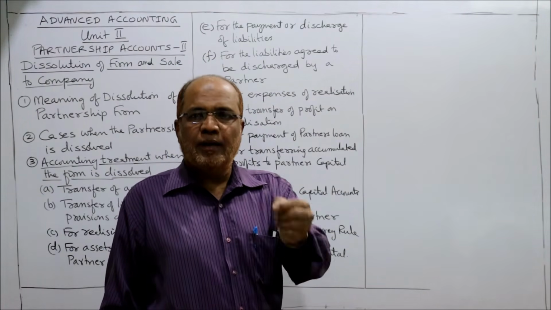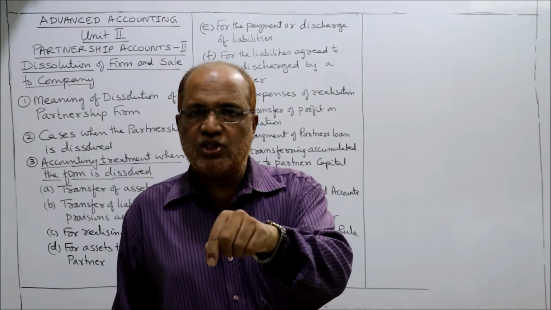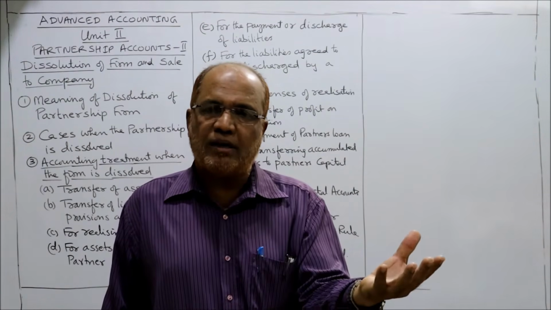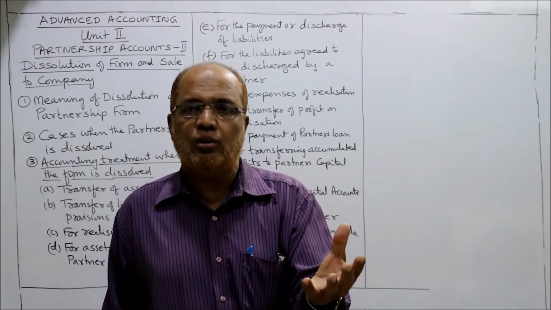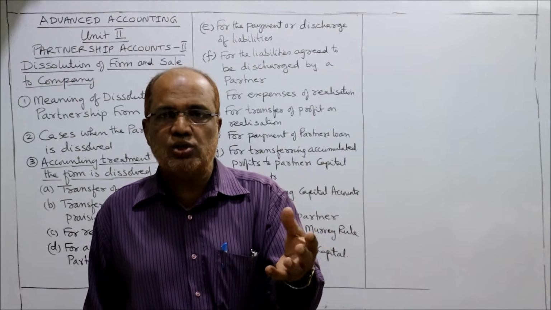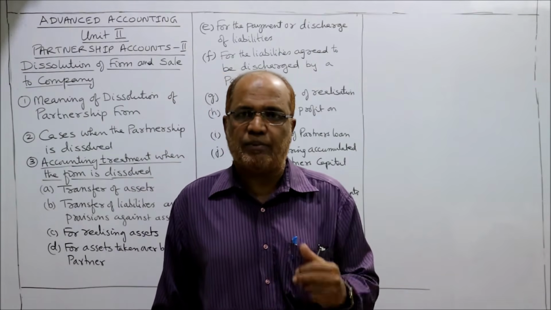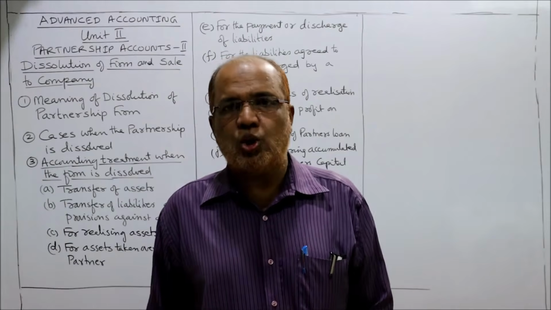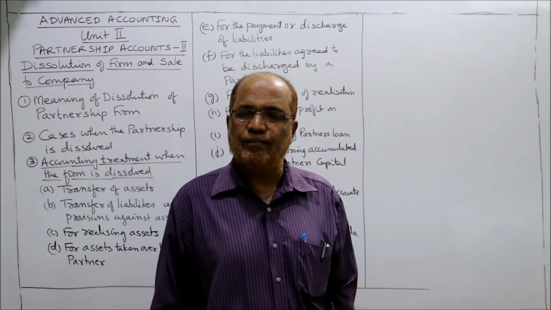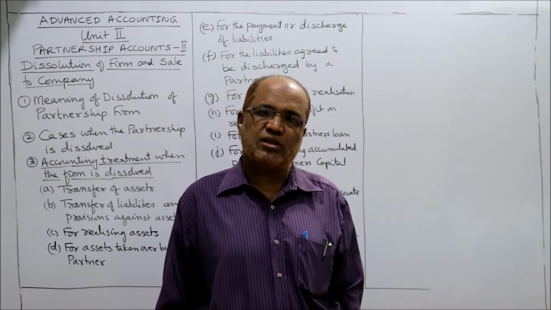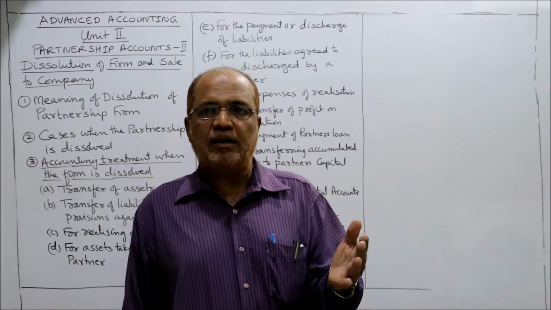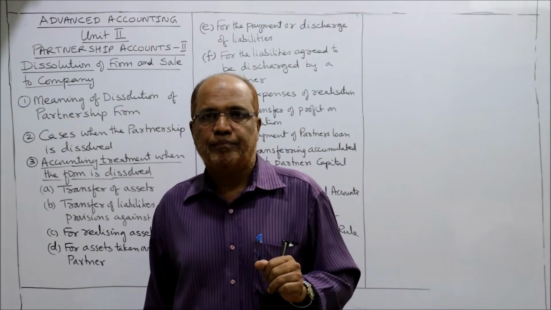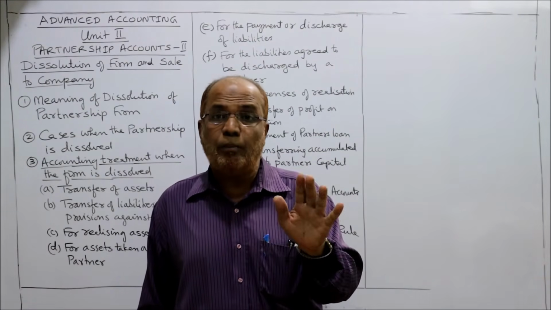In simple words, the loss on account of insolvency of a partner is a capital loss. It should be borne by solvent partners in the capital ratio, not in the profit sharing ratio. It is not an ordinary loss, it's a capital loss. Secondly, if a solvent partner shows debit balance in his capital account, he will not bear the loss of insolvency. अगर कोई solvent partner के पास capital account में debit balance है, then that partner will not bear the loss